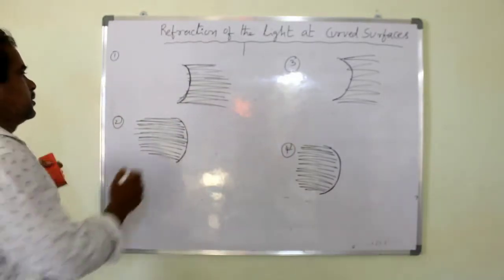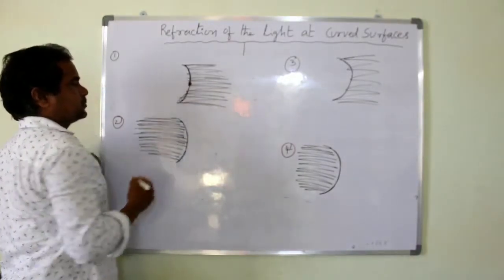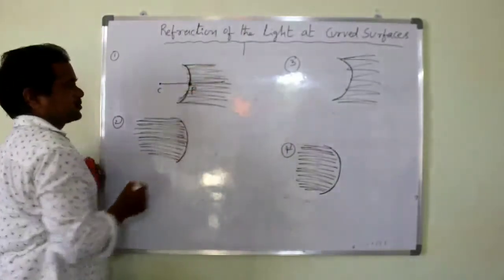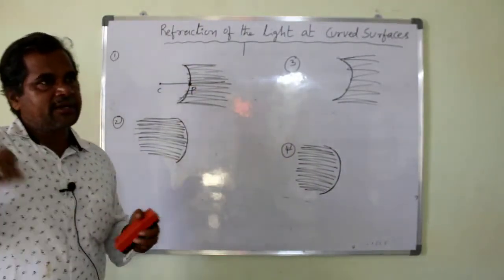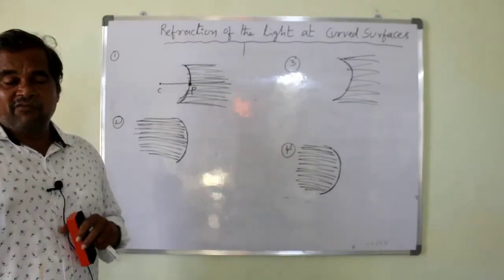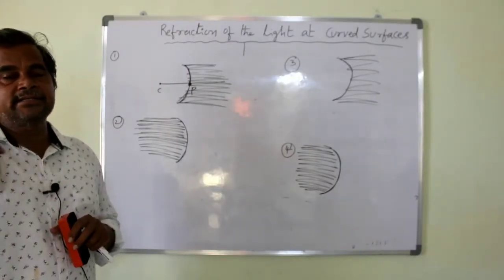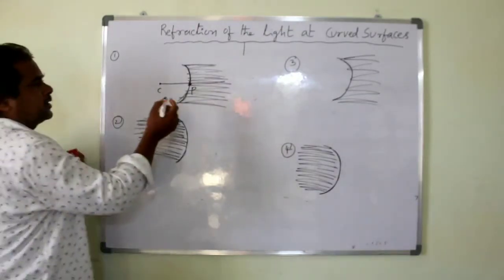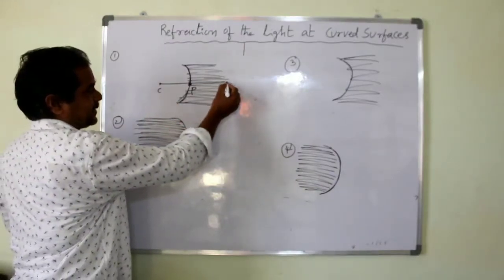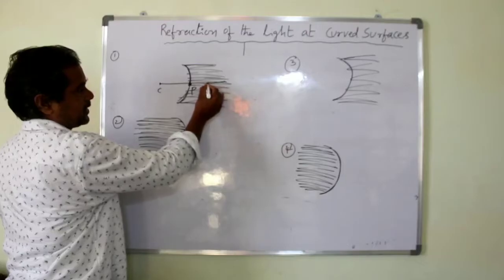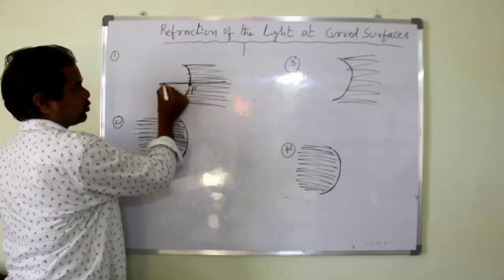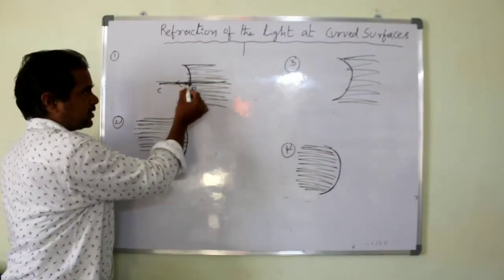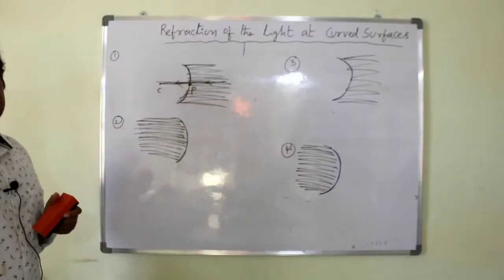For example, if a light ray from a light source is incident on the curved surface, the refracted ray may follow the rules of a light ray incident on a plane transparent surface. Now we are going to discuss. For example, here a light ray from a light source passes along the principal axis, and the corresponding refracted ray doesn't deviate from its direction.